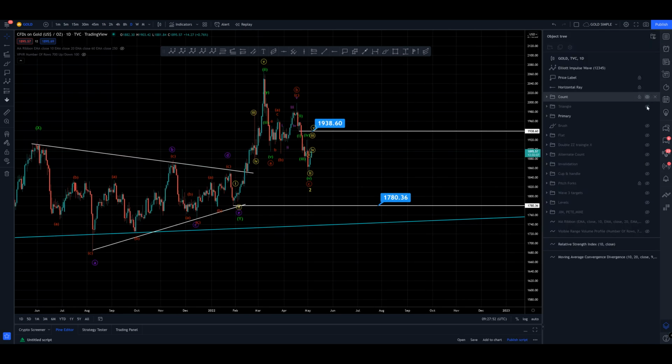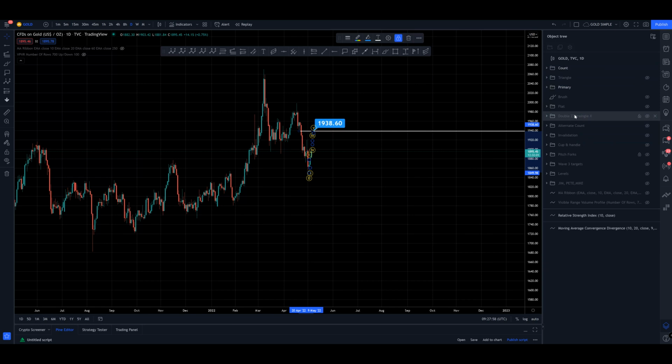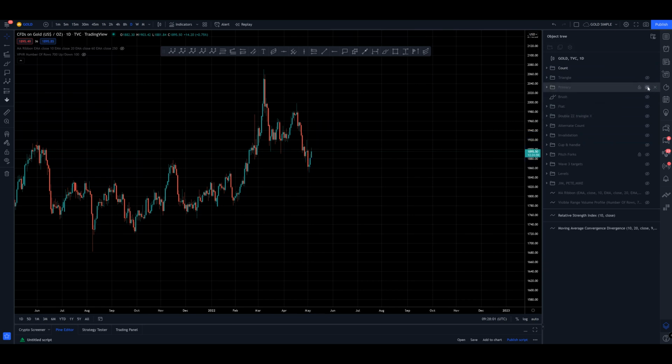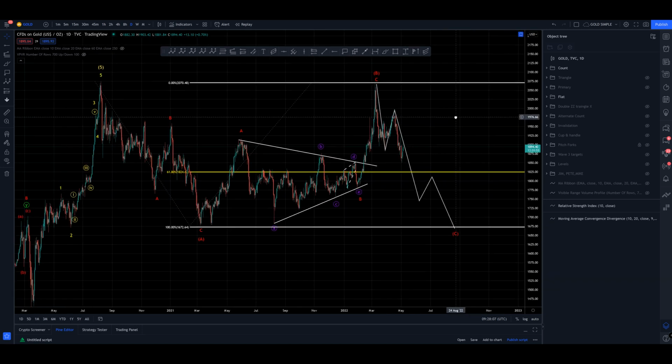Okay, that's the longer term count. Turn off the primary. Need to add that in, and that into the primary for the short term. Okay, delete that. Alright, so the flat idea. Right. Now,